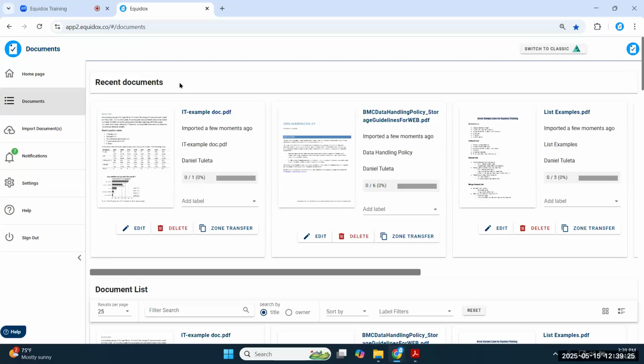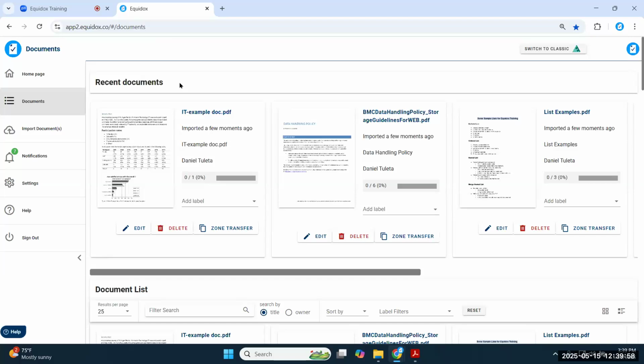Now, you can use the existing tag structure in a document if you want to, or if you prefer, you can just strip it down and start over fresh with Equinox. It's always case by case because PDFs are all somewhat unique from each other. You don't always know what you're going to get until you get into the document itself. So you just have to make that decision when it's appropriate for you and after you're evaluating the document. Like I said, you can use the tags that are there and make adjustments to it if you want, or just strip it down and start over from scratch.